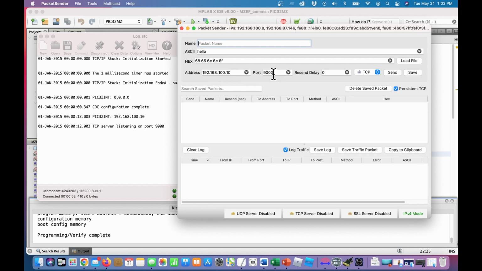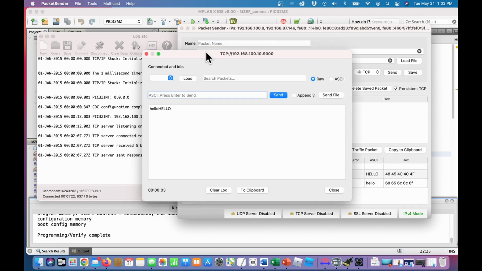Using port 9000, using TCP, use persistent TCP here, and then we're going to send out the message hello, which in hex is this, and then log the traffic. Okay, so let's hit send,